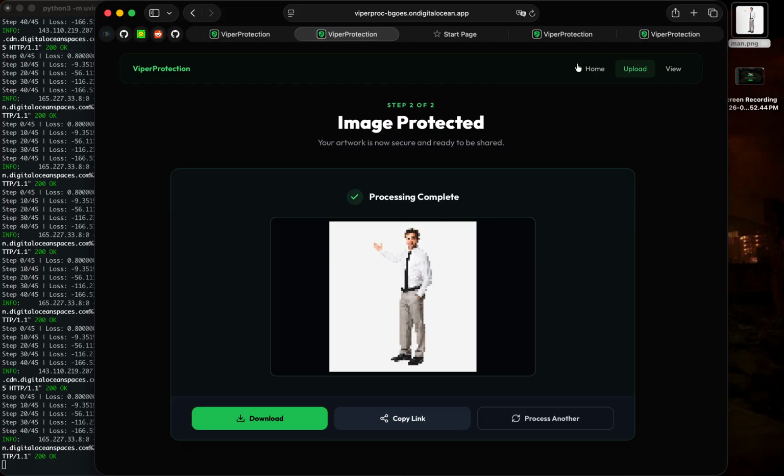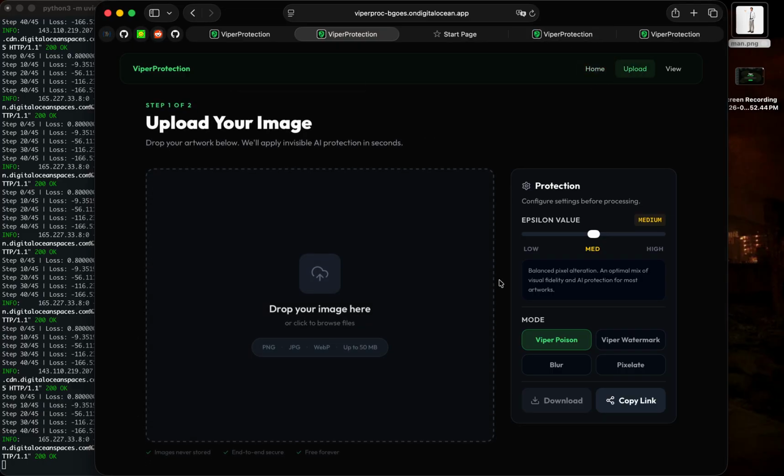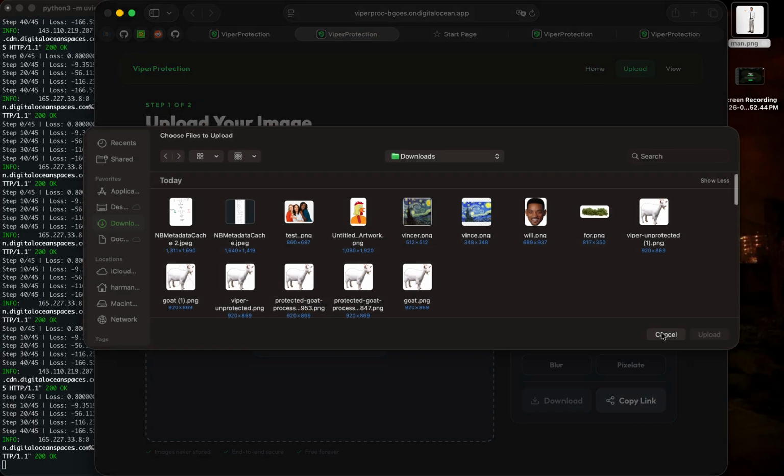There's also scraping protection, so there's a bunch of invisible links on the website. If a scraper ever picks them up, it gets stuck in an auto generation loop where it just feeds it garbage data. So it protects images in that way too. And we also have, very coolly,